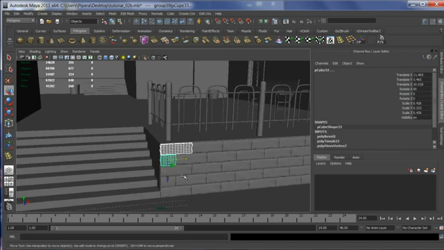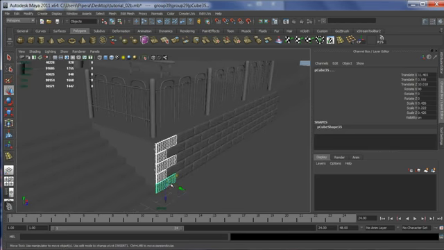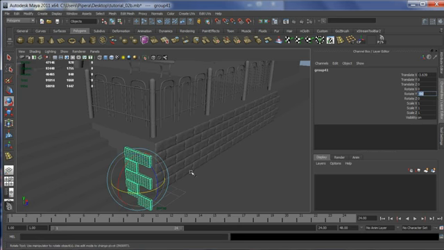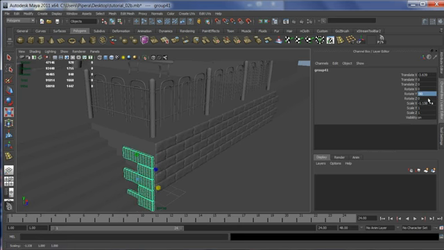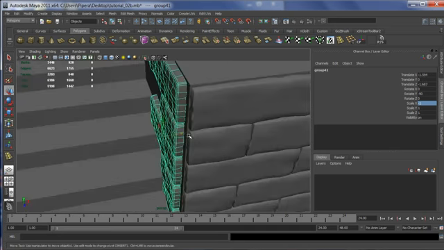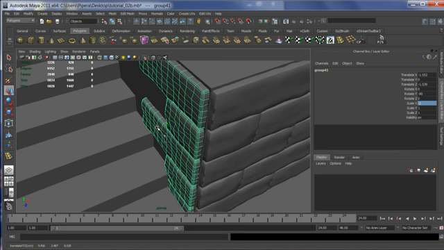So now we need to create also the sides of the walls that are near the case. So select this nth row of stones, duplicate them, group them again, center the pivot. This time we need to rotate them -90 degrees on the y-axis, and now we scale them by -1 on the x. Just flip them, put them right next to the corner,